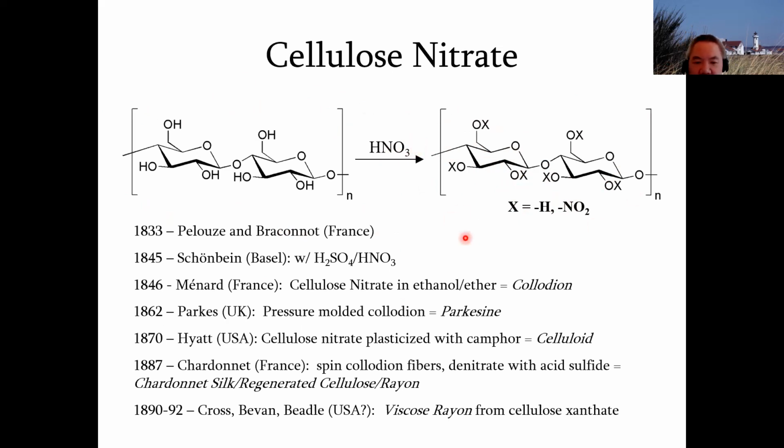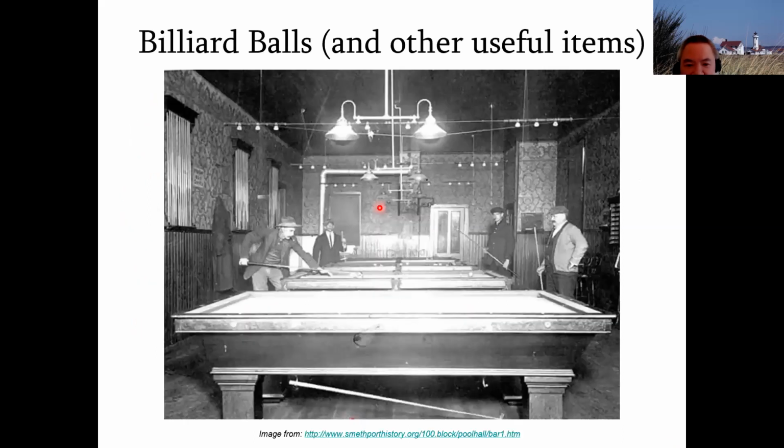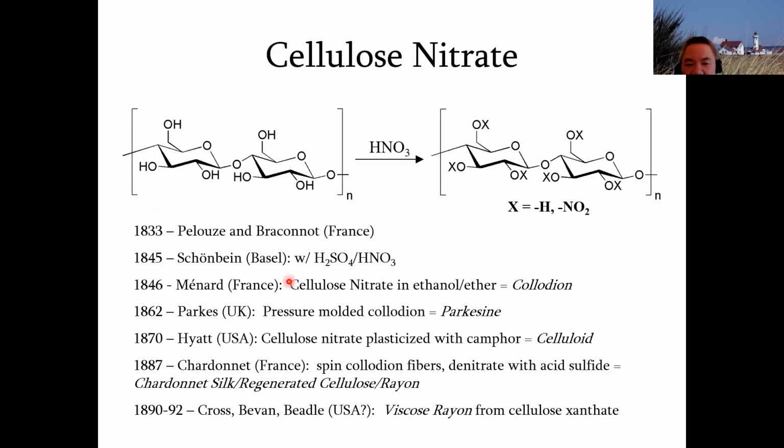And so if you do this, you can make things, as other scientists have done over the years in the early stages of working with cellulose, everywhere from collodion to celluloid to rayon, and even to billiard balls, right? So there are many different reasons why being able to use chemistry in a practical, rational, tunable way will give you something that is going to be worthwhile from an industrial as well as from a practical